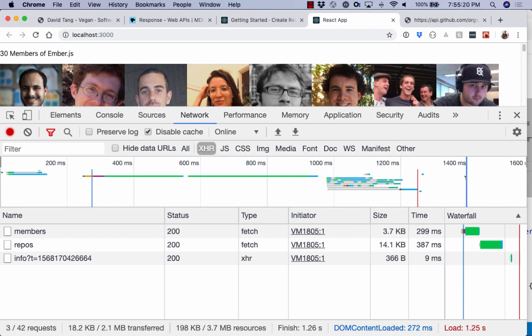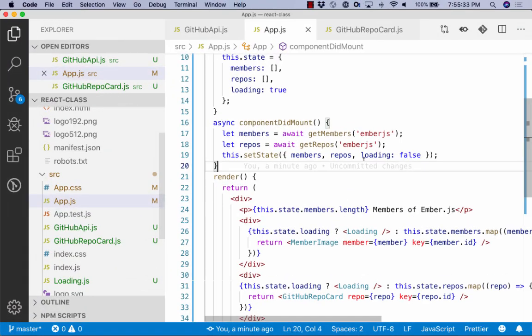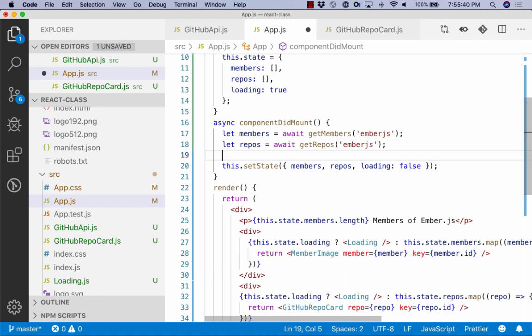And in theory, there's no dependency between these two AJAX calls. You could just fire them off at the same time, and when they both come back, then you want to do something with the data. So kind of moving that repos bar also to the left. So we can do that, and there's a nice function for doing this built into the browser for dealing with multiple asynchronous calls. And the way this works is